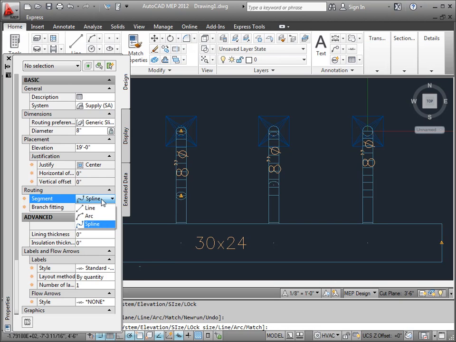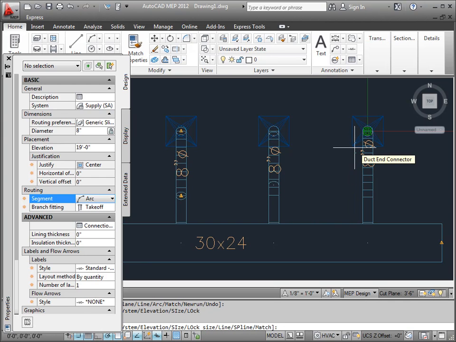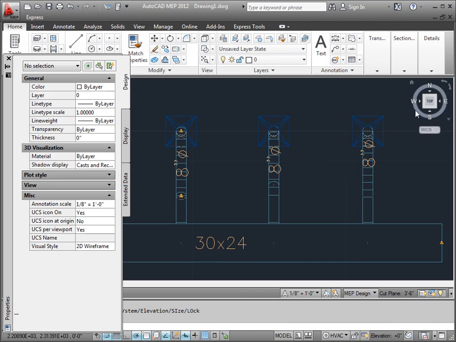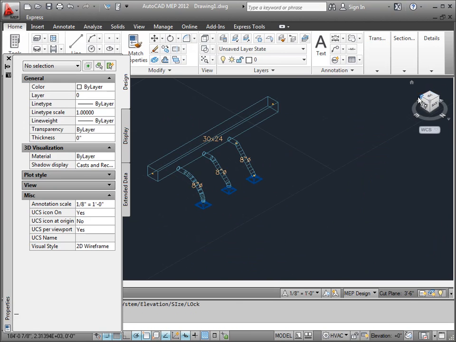this choice right here, arc, doesn't work quite as well unless you know the difference in height from the top of the diffuser where the connector is up to the center point of your takeoff or your hard duct coming out, and it's got to be a nice perfect smooth radius, otherwise it doesn't work out right. So the arc one doesn't. I just recommend staying away from it. So anyway, I've drawn this 3 different ways, and I'm going to come out here, rotate like this, and then